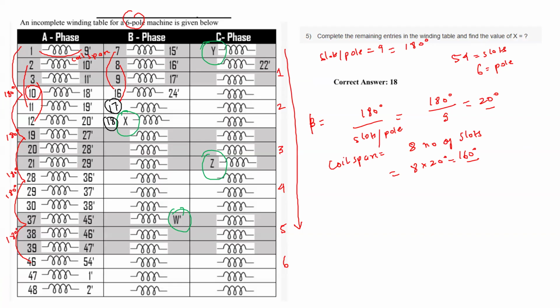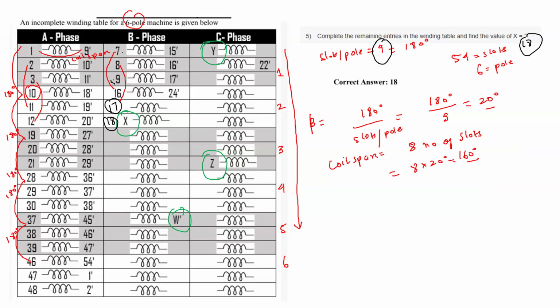Like this also you can find out, that 7 plus 180 degree, where 180 degree corresponds to 9, which is slots per pole. So 7 plus 9 is 16, 8 plus 9 is 17, 9 plus 9 is 18. So like this also you can arrive at the value of 18, which is the value of x. Or you can also do it like this: once you enter another pole, so 7 plus 9, another pole is 180 degree apart, so 16 you have entered. Now it will be consecutive numbers, 16 17 18 in one coil group.